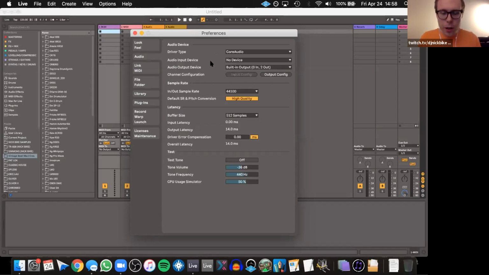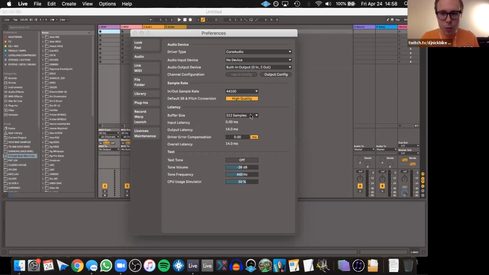Hopping over to audio, input and output is just going to depend on what you have plugged in and out of your computer. Your buffer size here: basically, if you're recording and inputting audio or MIDI information, there's a certain time frame that your computer needs to process that input.